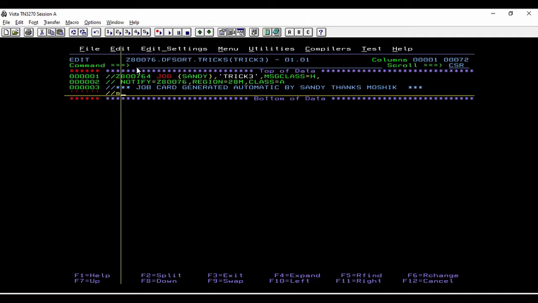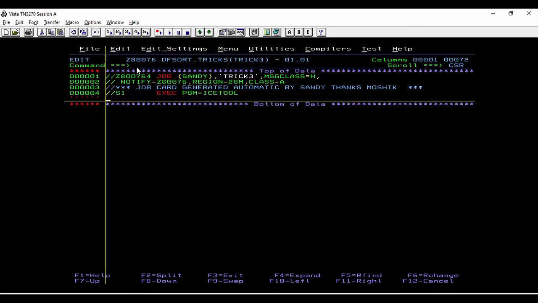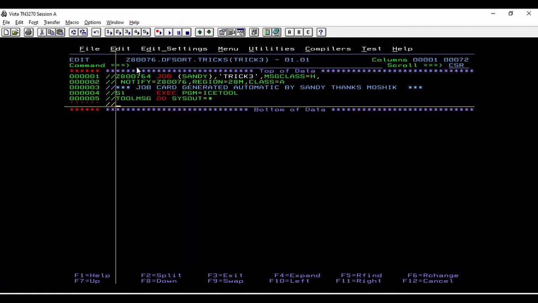Let us enter a step name S1. The program we are going to use is ICETOOL. Let us direct the tool messages to our SYSOUT, along with the DFSORT messages, with DD SYSOUT=*.